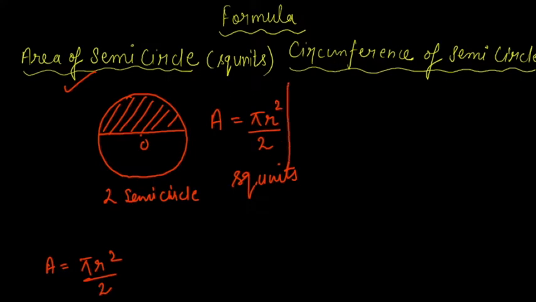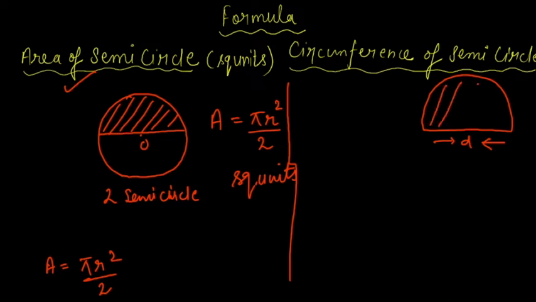Now, the circumference is a little bit tricky, which I really want everybody to focus on. So this is how you get a semicircle, wherein this is the diameter of the circle and this is half the circumference of the circle. So this is how a semicircle is formed here. If you want to write the circumference of the circle, we know it is 2 pi r. So in case of a semicircle, it becomes half of it, right?